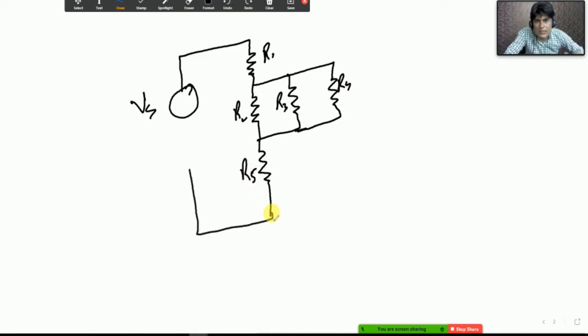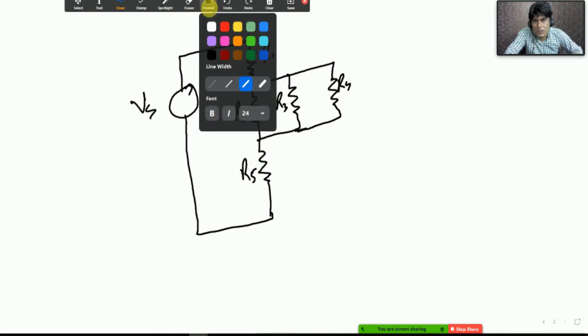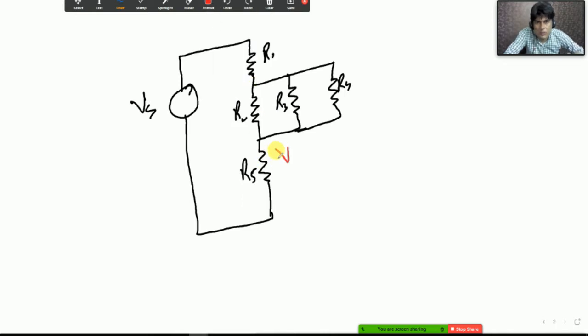The question is to find the potential across R5. To find it, you will use the voltage divider rule. According to the voltage divider rule, VR5 will be equal to